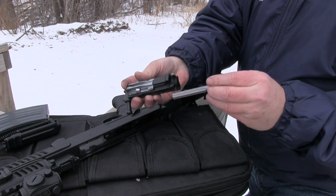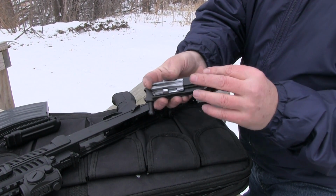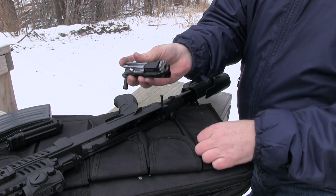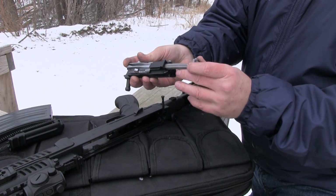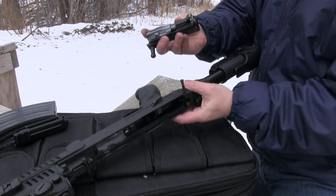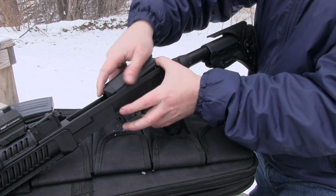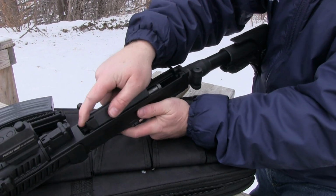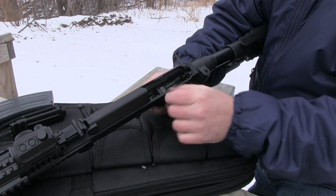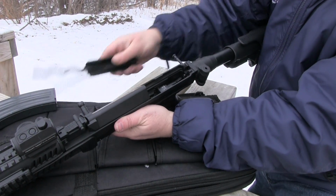There's a little trick with this. You do have to cant it just a bit when you put it in and then turn it, and it locks into place. Not a big deal, you just got to line up that big lug with the bottom, but you do have to turn it to take it out, and you have to turn it to put it back in. Once you've got that, drop that back in. Slides forward. Now again, you're going to have to pull the trigger so that you can slide that back into place. Now that you've got that there, take that top cover,